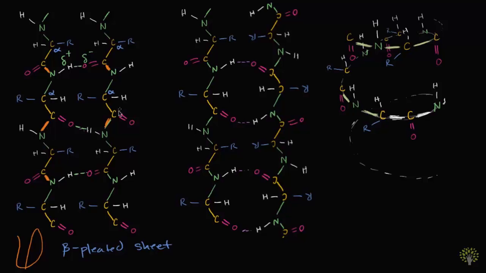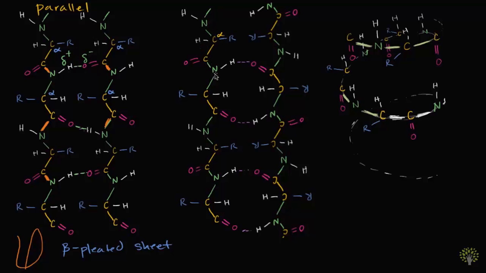So this is a parallel beta-pleated sheet. Both of these side chains that are interacting, both of these backbones that are interacting are going in the same direction. So we would just call this one parallel beta pleated sheet. Now this one, they're parallel, but what we see going on, we go nitrogen, alpha carbon,